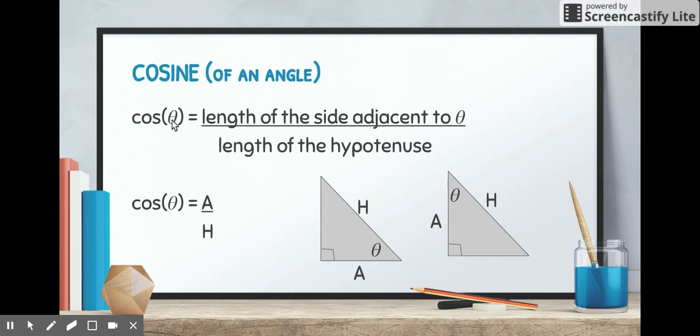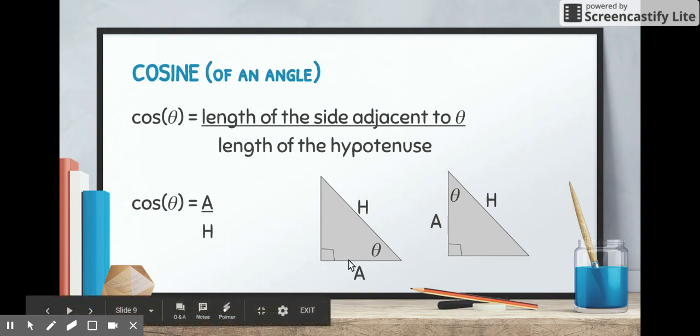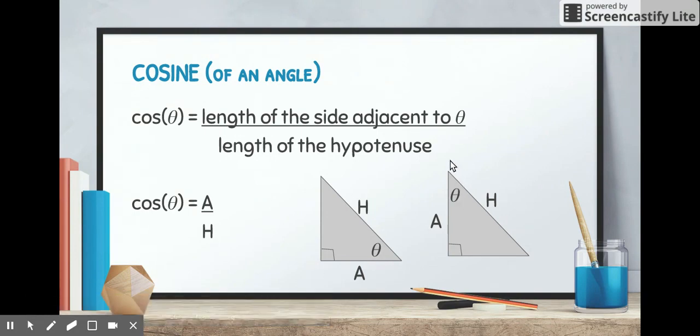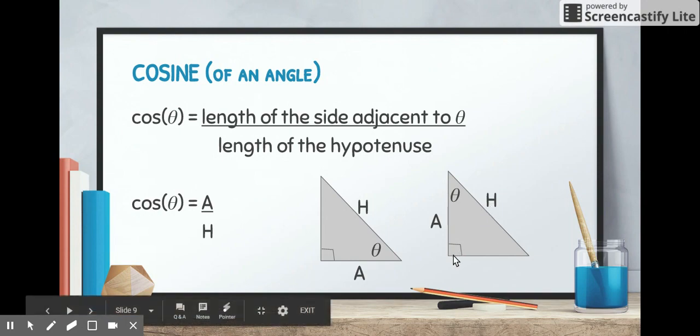If you take the cosine of an angle, that gives you a number, which is equivalent to the length of the side adjacent to theta divided by the length of the hypotenuse. So we have cosine of theta equals adjacent divided by hypotenuse. You have your hypotenuse, which is opposite your 90-degree angle, and adjacent is adjacent to the reference angle. And same thing in this picture. You have the hypotenuse opposite the 90-degree angle, and you have the adjacent side forming this angle that's not the